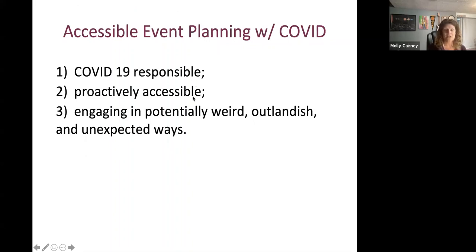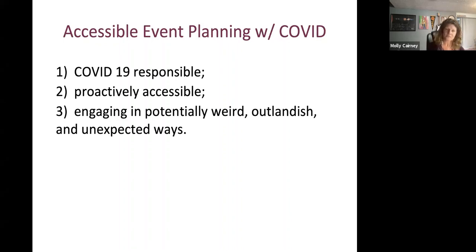And this is pretty typical. Whenever we have a situation where reaction time has to be quick, oftentimes people with disabilities are not the first population that we think of. So that actually puts all of you in a really nice position today, because you have this brain space right now to be really proactive and think about accessibility in the context of COVID in your spaces and in your